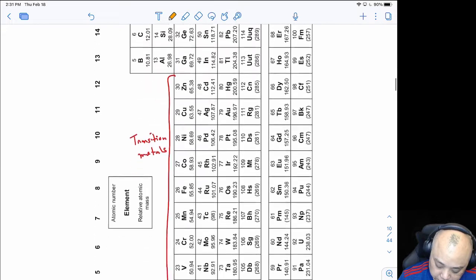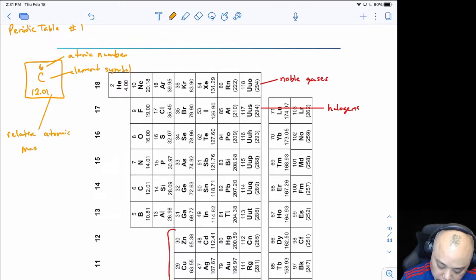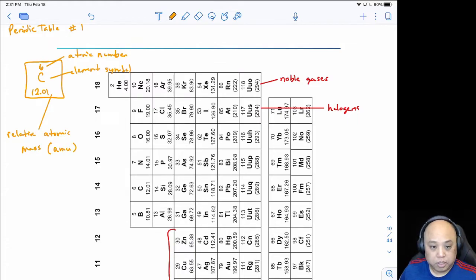Okay. Now, like this table says, the atomic number, the element symbol, and the relative atomic mass in AMUs. So this value underneath the symbol is twofold. One, it's the average mass of one atom of that substance in AMUs, or it's the mass in grams of 1 mole of that substance. But regardless, they're both the same number. So you don't have to worry about manipulating the number. That number is constant. So the average carbon atom weighs 12.01 AMUs, but then 1 mole of carbon weighs 12.01